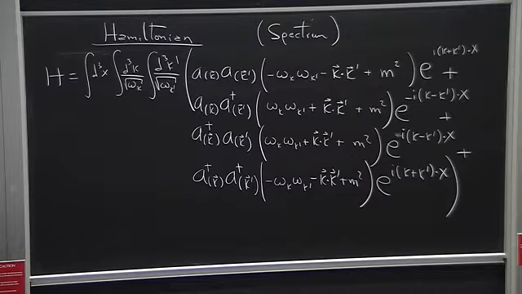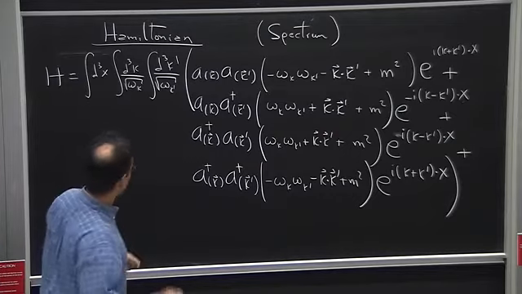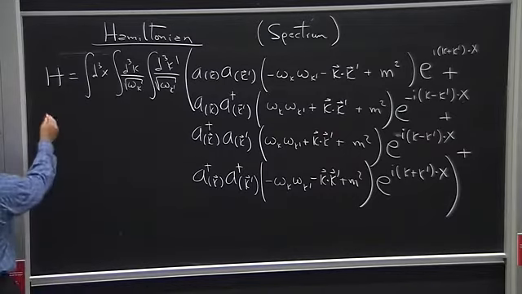Okay, so that's your Hamiltonian. Of course, we can simplify this, right? Integrating over x would be a great idea. So let's integrate over x. So the integral over x,